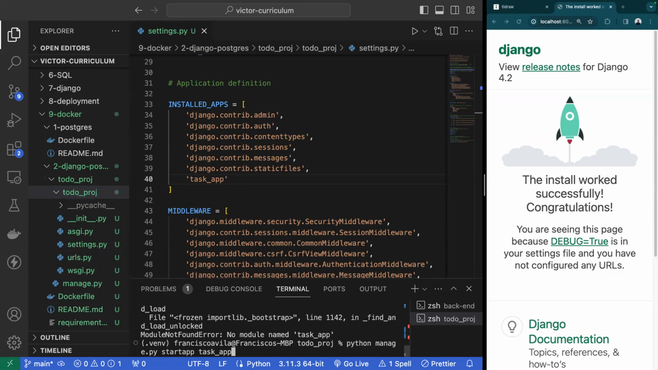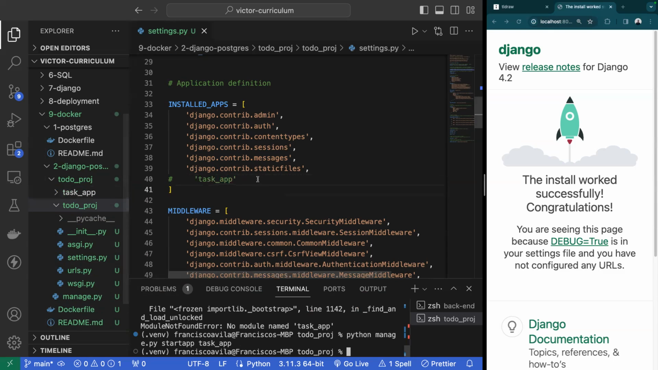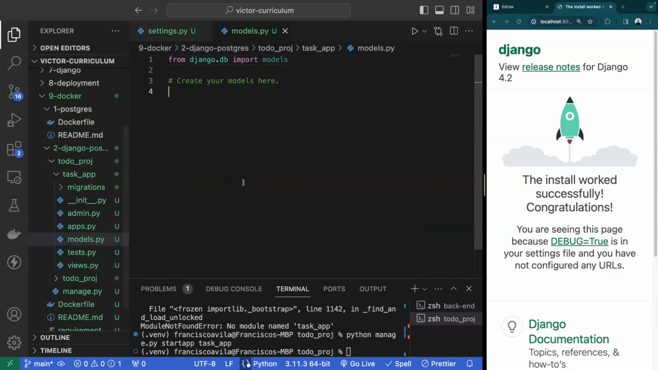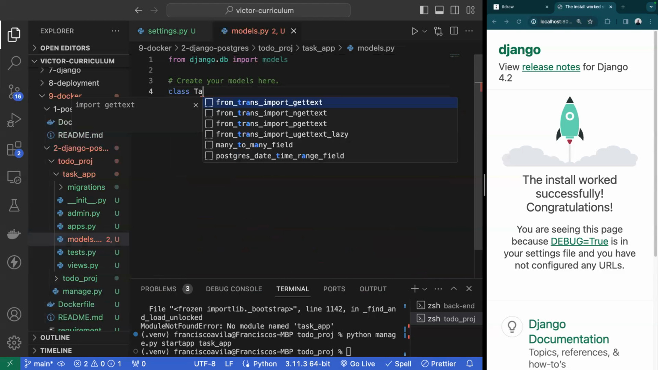Python manage.py startapp task app. Okay, there you go. So now I have my task app, right? Well, let's say that in my task app, I want to create a model. So now let's go with class Task,